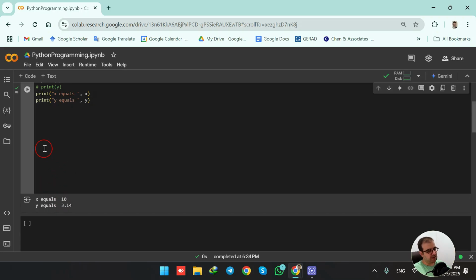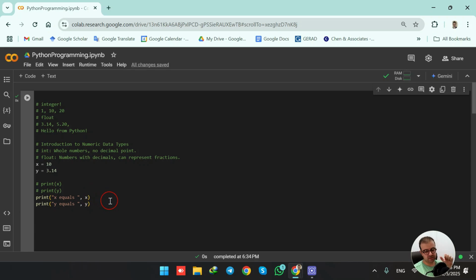Instead of that, I can simply print this text in the terminal so I understand 10 is the value that represents variable x and also y equals 3.14. So in this video, we learned about integers and float data types in Python, and we learned how to print